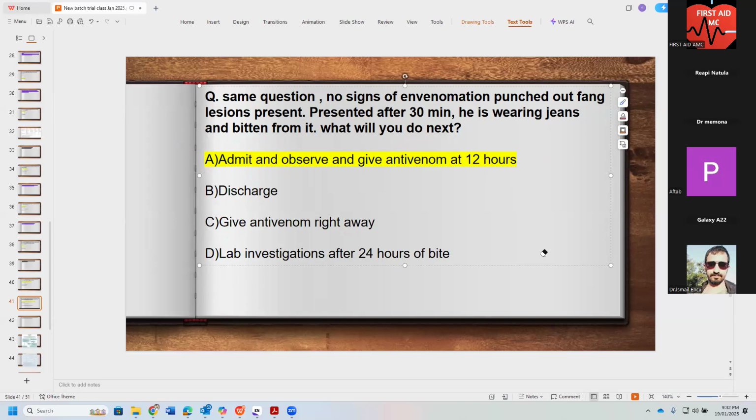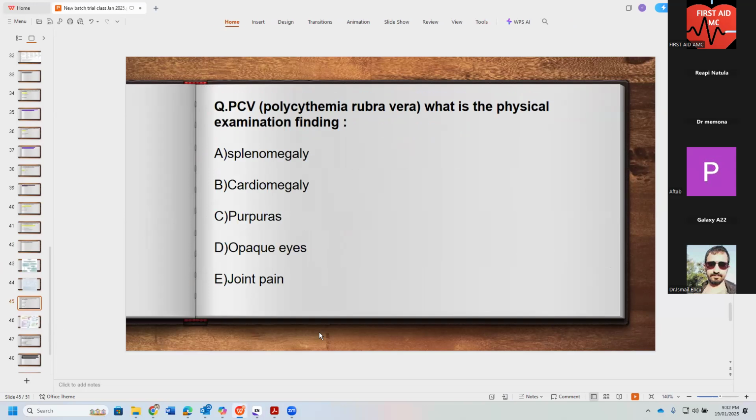Okay? So these types of questions, I'm afraid, do come into your exam as well. These types of questions do come in your exam. It was just a preview I wanted to give you guys. Alrighty. Next question. Let's do something easy so that you guys get a bit relaxed.